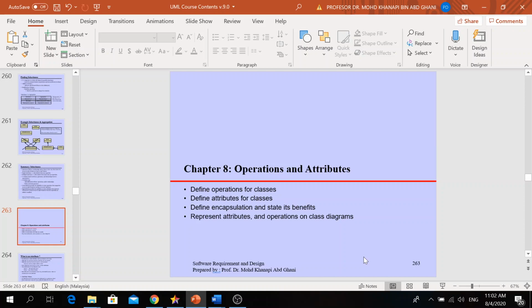The most important thing is that you need to understand that when we do object oriented analysis in the software development life cycle, in the stage of analysis, after we collect the requirement, we do the analysis, which involves the use case.